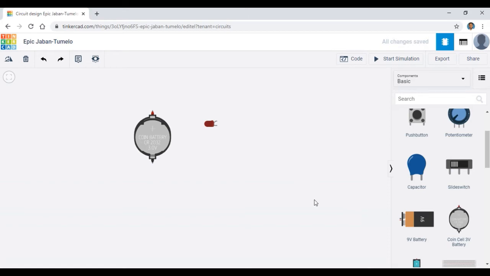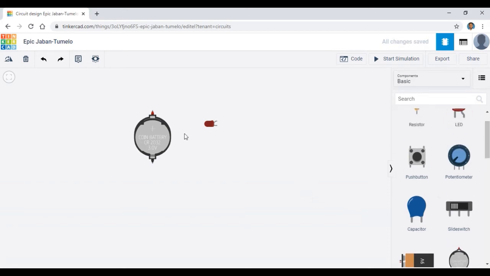After changing the name, I just want to control the connection between this battery and this LED. To make or to break a circuit, we need a button or a switch. So for that I am taking this push button. I am taking it here. I am changing the name of this push button to push switch. We can call it a push switch also.